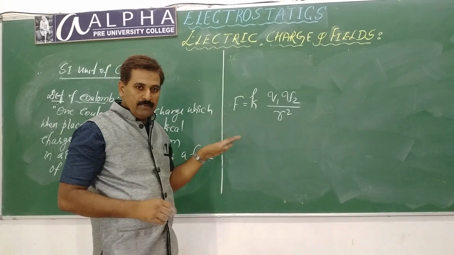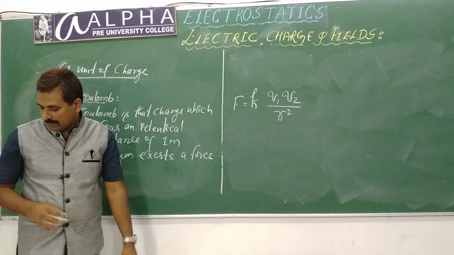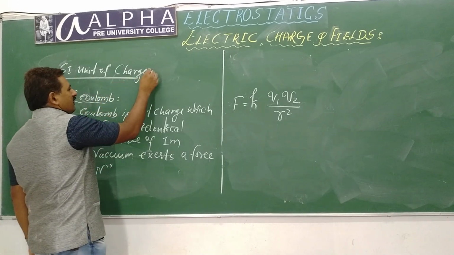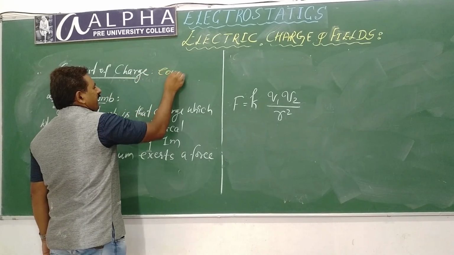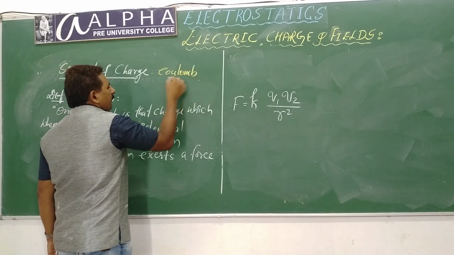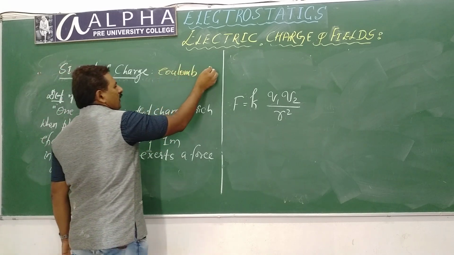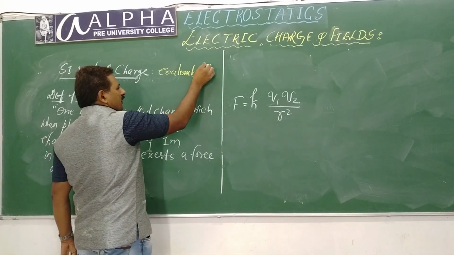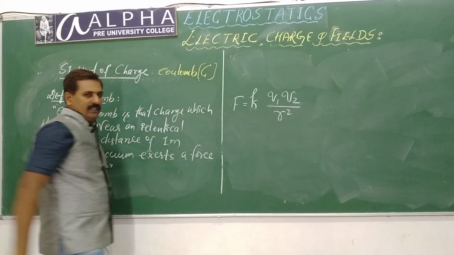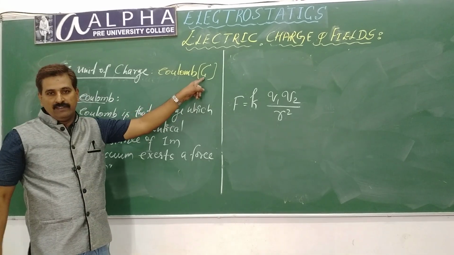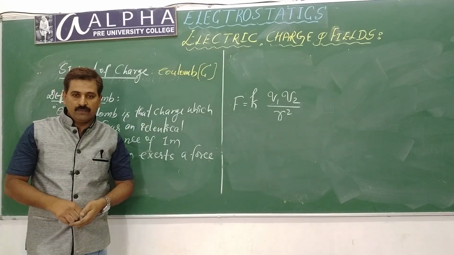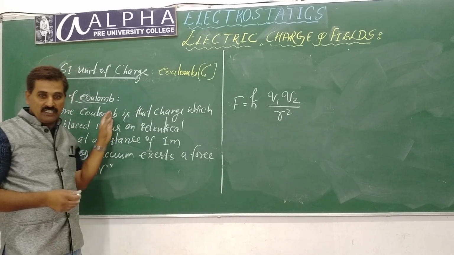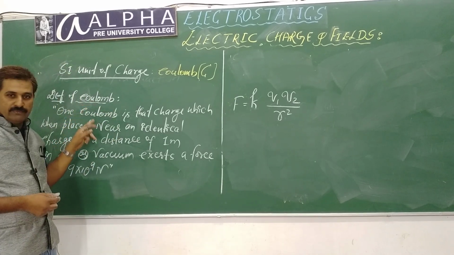Now it is time to define the SI unit of charge. What is the SI unit of charge? Remember, the SI unit of charge is the coulomb. If you write the full name, start with a small c, you know, last year's rules of writing SI units. If I write the symbol, the accepted abbreviation, that is capital C. Now let us see what is 1 coulomb, and first the statement of how 1 coulomb is measured.